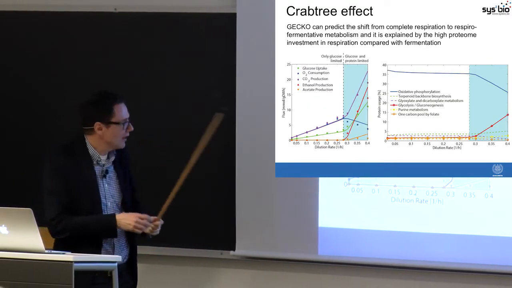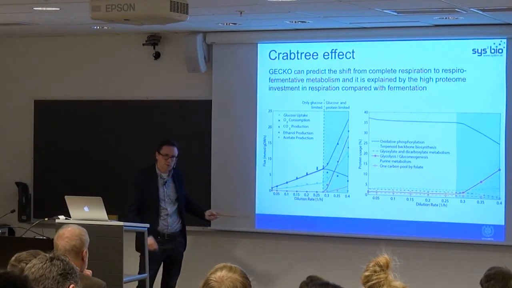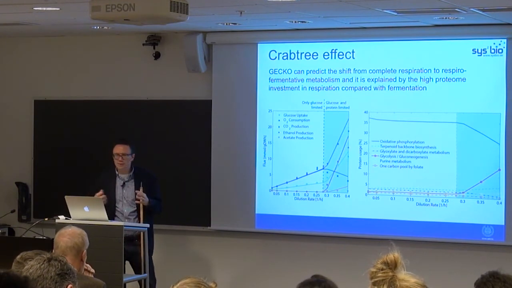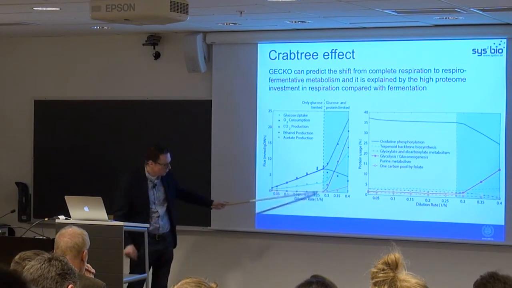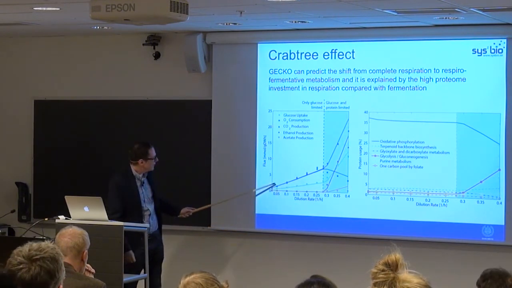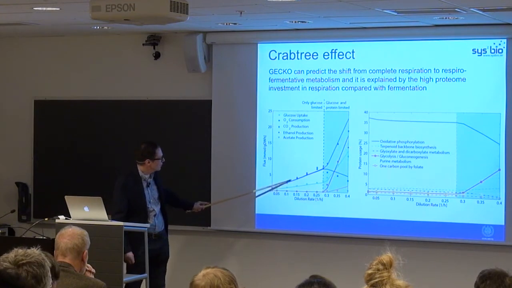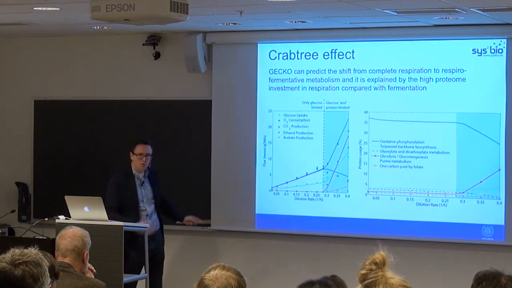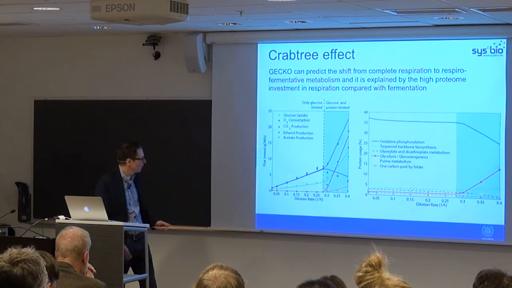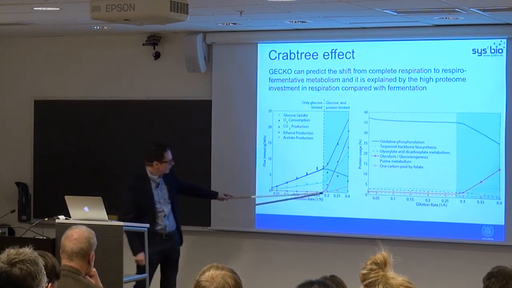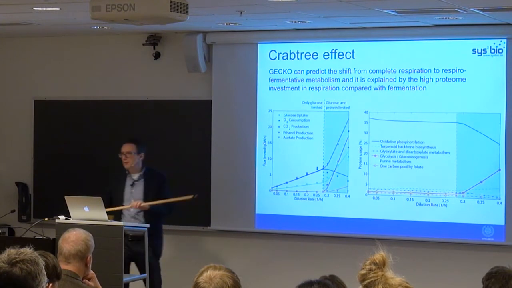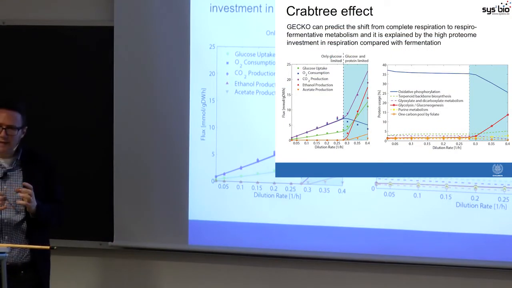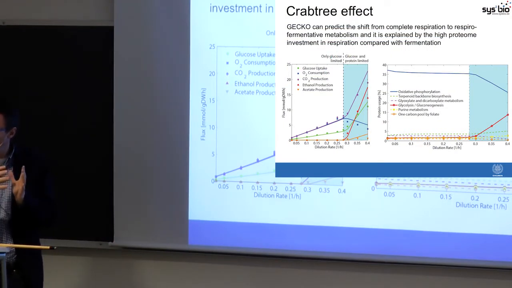When the cell is grown at limited carbon conditions, restricted growth, which we can do using a so-called chemostat culture, where we keep the carbon low and the cells are really energy starved, then they have full respiratory metabolism. We see here oxygen consumption and CO2 production almost following each other. We have complete respiration, an RQ of 1. But then when we start to get to higher carbon levels, the cell begins to shift its priorities. And in order for the cell to grow faster, it has to begin to allocate more for the ribosomal system,